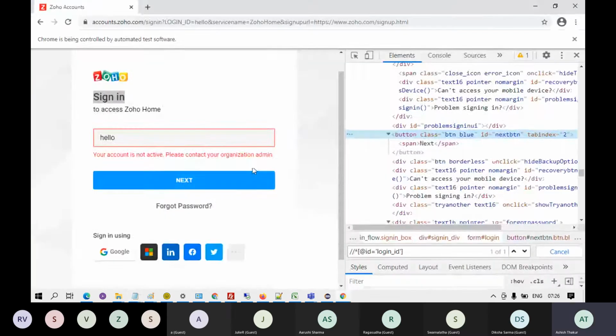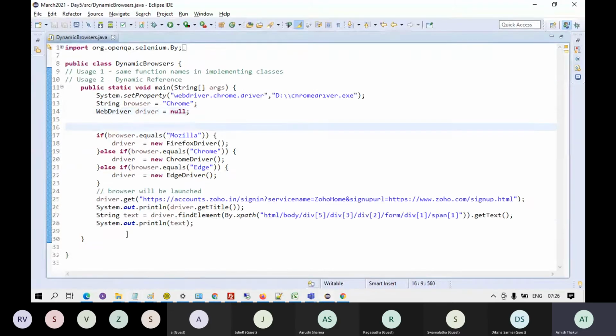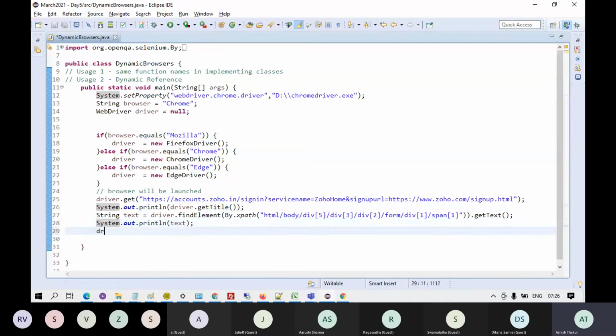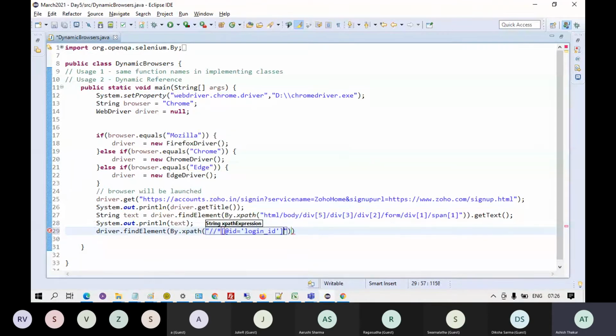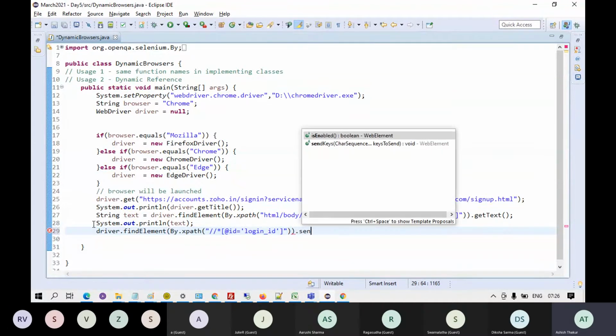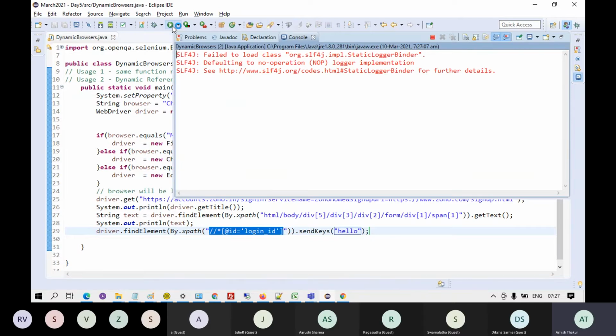You can write the code out here. You can take the XPath and write driver dot find element by XPath. I will give the XPath of the username field. This will give you the web element, and on that web element you need to type something, so you type send keys hello. So instead of using ID, I've used the XPath now, and if I run the program, this will give me the right output. It will be typing in hello.